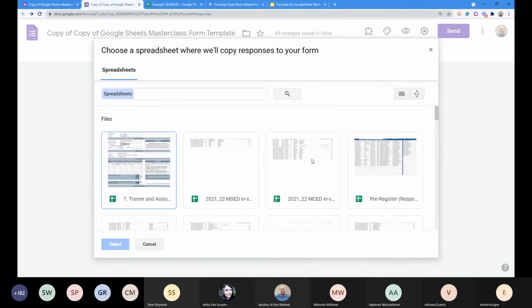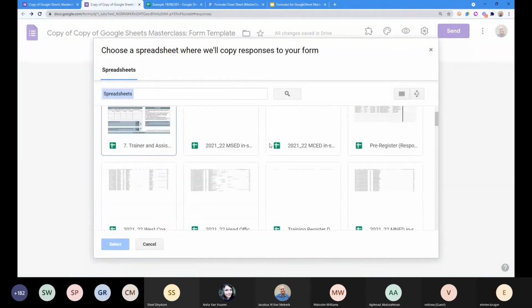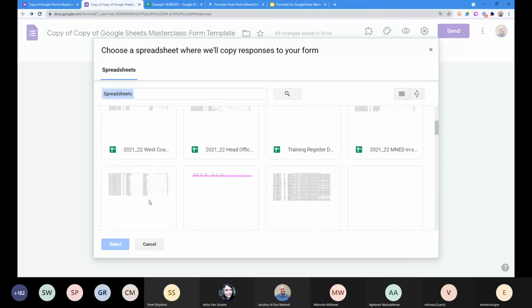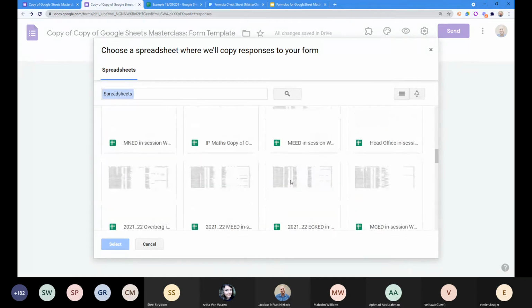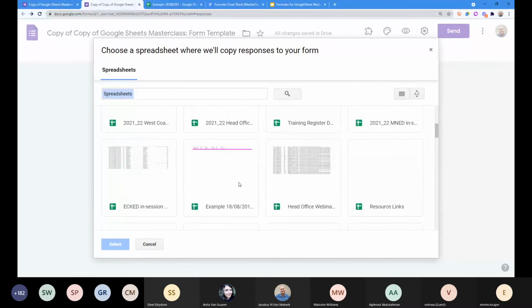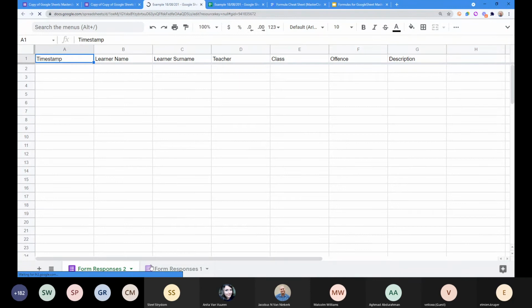Now, as you can see here, everything that you see over there are spreadsheets that I'm part of that have had some kind of things happening in the past hour or since we created our original spreadsheet, and just to kind of show you that I really do practice what I preach today. So we want to go to the spreadsheet that we created. If you can't find it, you can just type the name of the spreadsheet here and it'll find that spreadsheet for you. So I'm going to select that example that I've got, and what happens now is you'll see I've